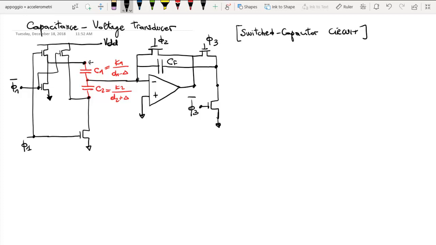You probably never encountered this type of circuits. You can see there are circuits in which we only have capacitors and switches, in the sense that all the transistors here are used as switches. They are simply off or they are on, as in the case of digital logic. If they are on, they can be considered short circuit. If they are off, they are open circuits. Okay? And then, of course, we need the amplifiers.